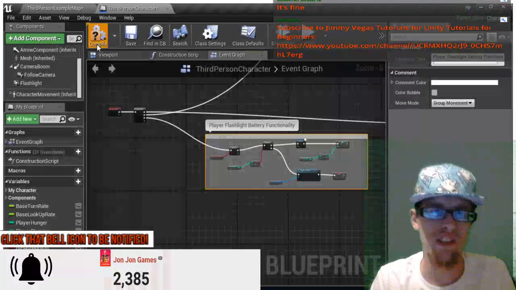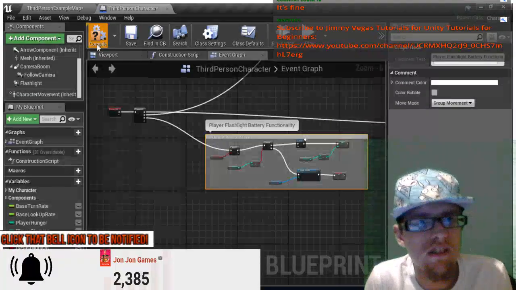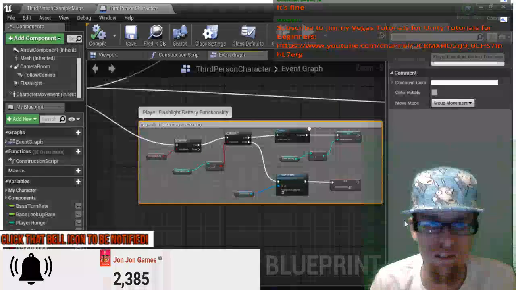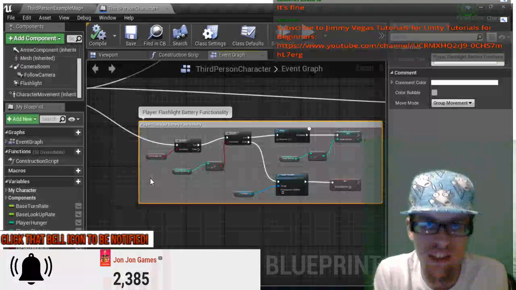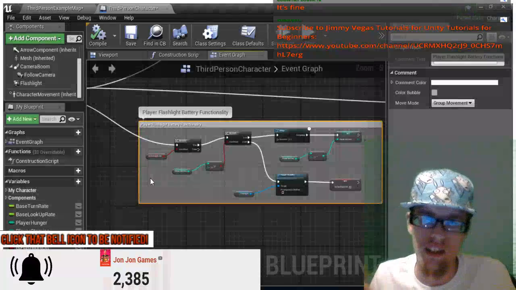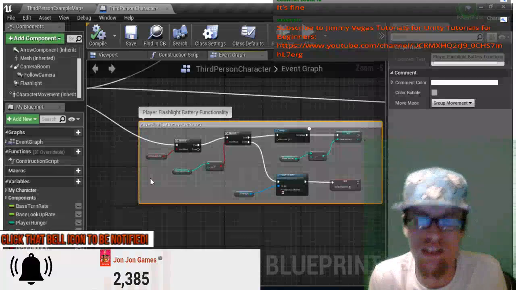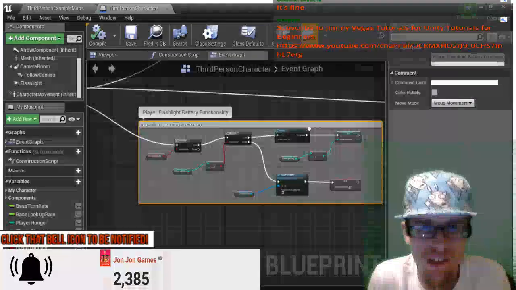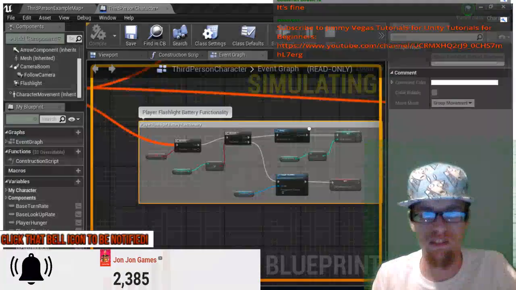Right, now if we compile this and test it. So for this line of code, it's going to tell the engine that when the player hits the F key and uses the flashlight, it's going to take one from the battery, and when it hits 0, it's going to toggle off, and the player cannot turn it on. Right, now let's hit play to see that it works. If we run to a wall,